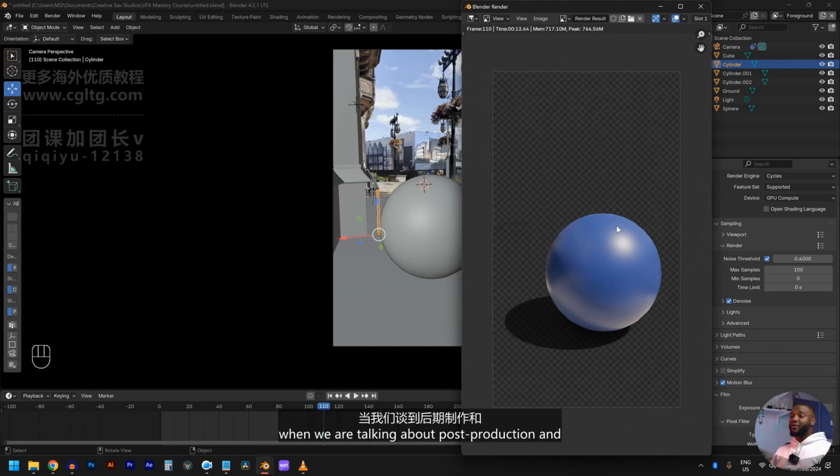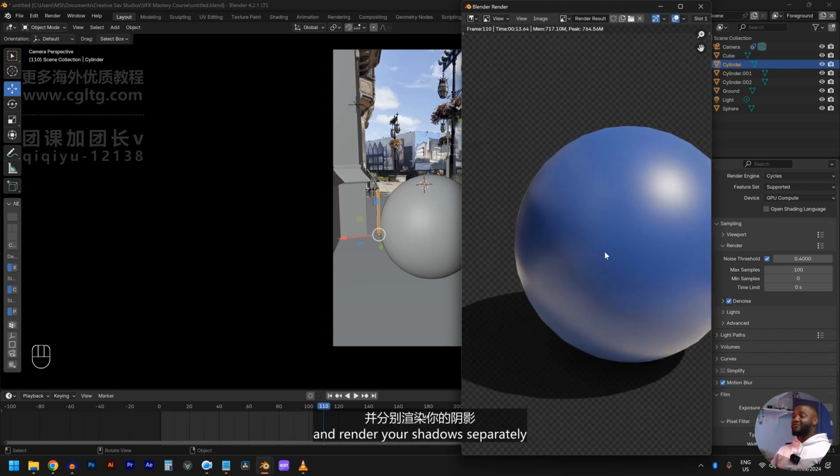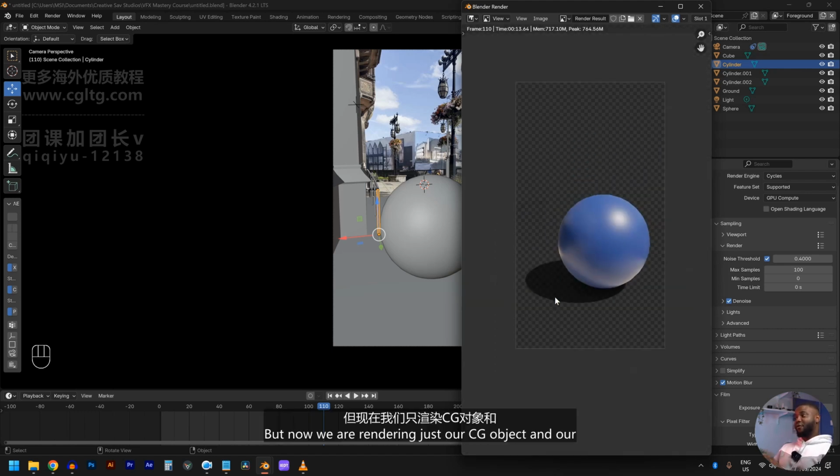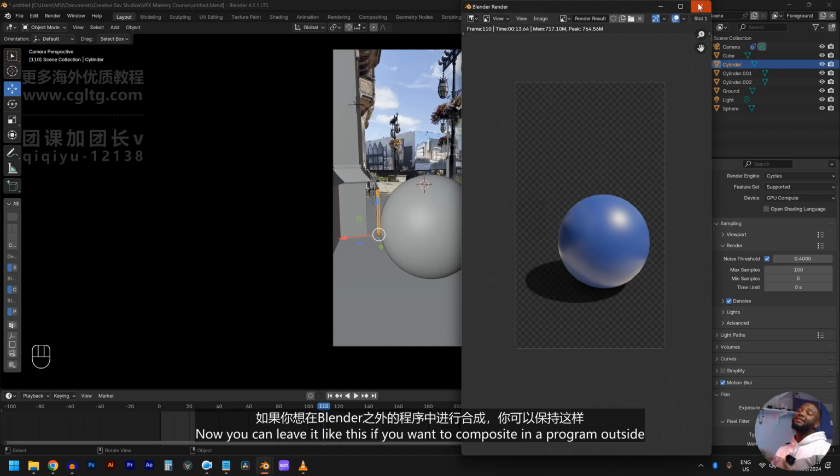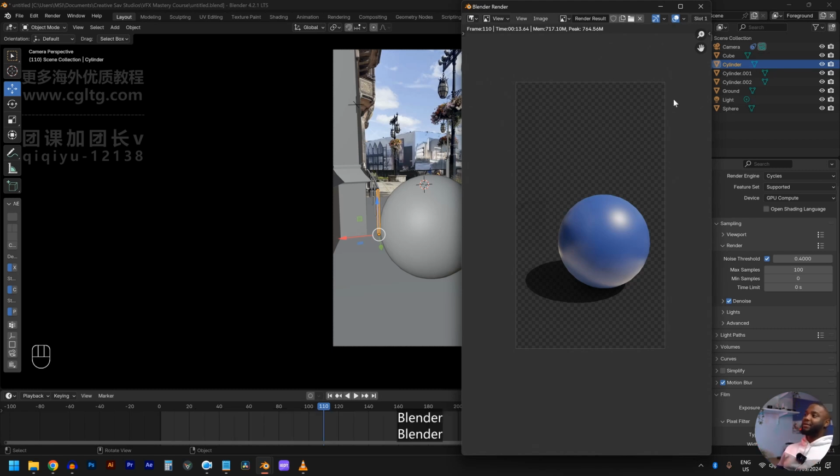In the next chapter, when we are talking about post-production and compositing, we'll learn about how to render passes, how to render your objects separately and render your shadows separately. But now we are rendering just our CG object and our CG shadow. Now you can leave it like this if you want to composite in a program outside Blender, which is what